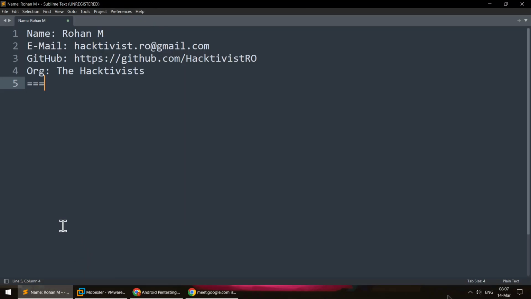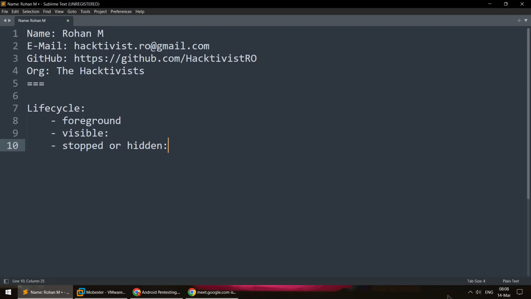Any activity has four stages in its life cycle. First, the foreground. That means the activity is on the top and the user is actively using it, interacting with it. Then visible, when the activity is on the top but the user has lost focus and is not interacting with it, so that will be visible. Then the third one that we have is stopped or hidden, wherein this particular activity is running in the background. The application may terminate it for the sake of saving resources. Like when you turn on the power saving mode, the activities that are running in the background might be terminated. And the last one that we have is